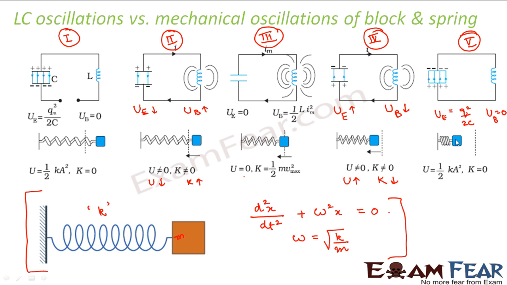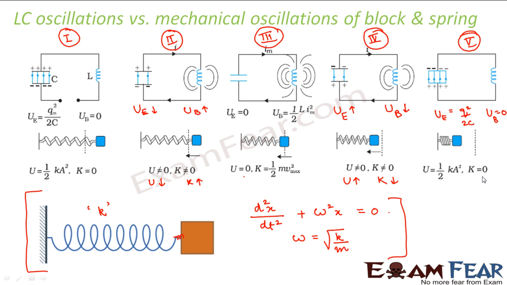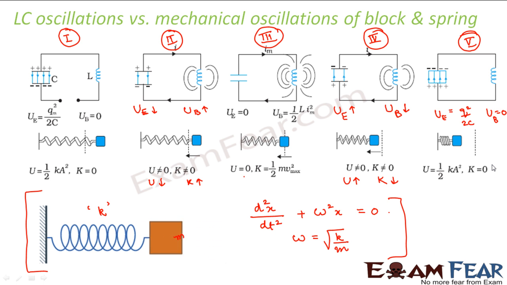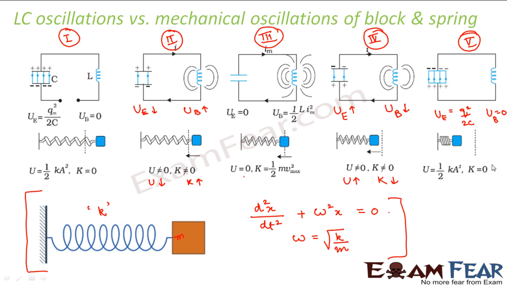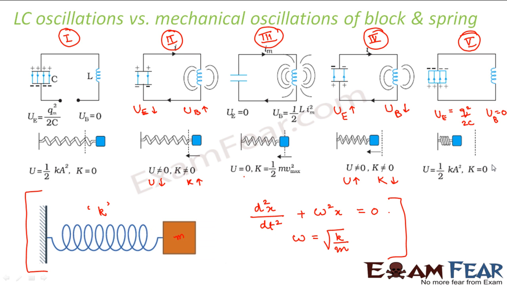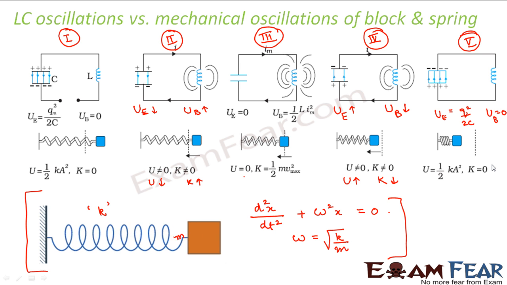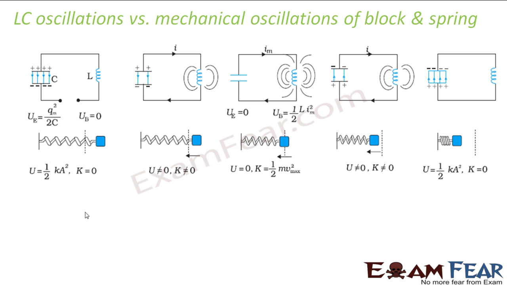Similarly with the spring, when it reaches the extreme position on the other end, its potential energy again becomes maximum and the kinetic energy again becomes 0. So in this mechanical system of the block attached to the spring, the relation between the kinetic energy and the potential energy is the same as the relation between the electric field energy and the magnetic field energy in our LC circuit. Because of this, these are known as LC oscillations and are very much analogous to the mechanical oscillations of block and spring. So we will quickly review a comparison between the LC oscillations